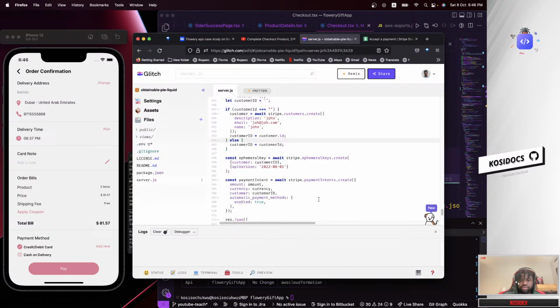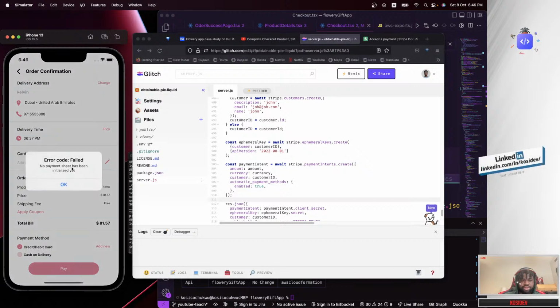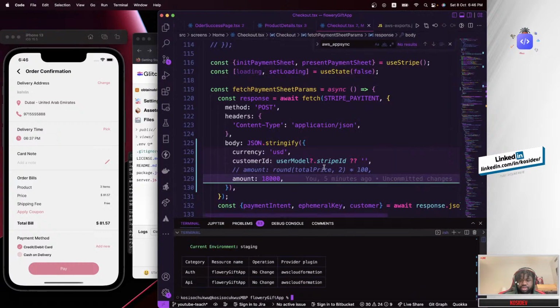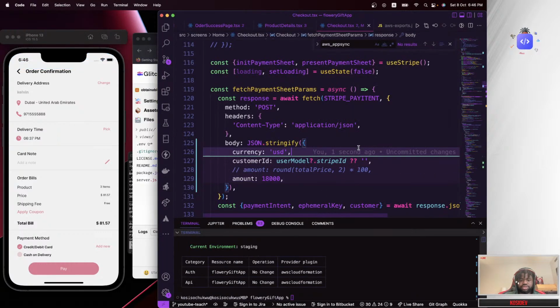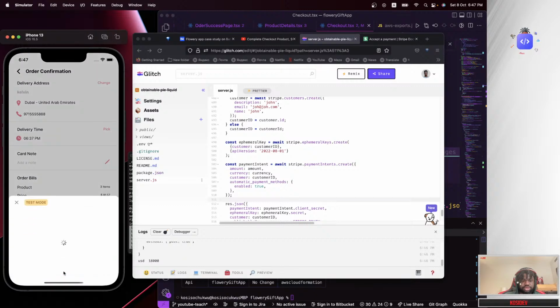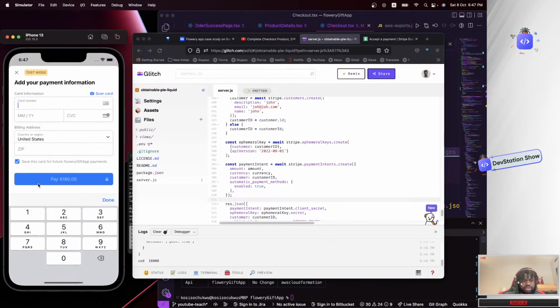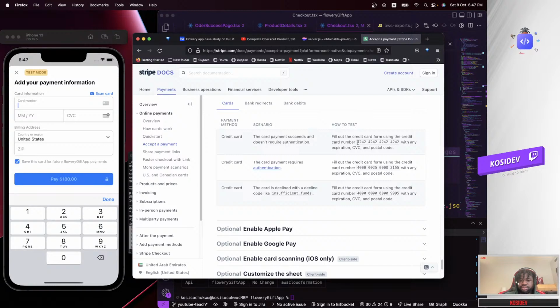Okay, we're having payment sheet not initialized. Let's say okay. So start this, and then go to payments, and this shows up. Then in here you just say card payment. Use the test card we received. You just copy that.